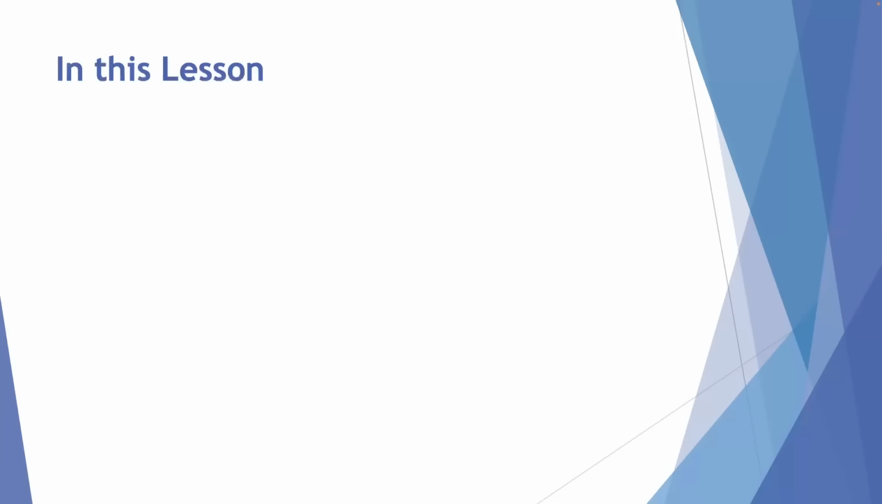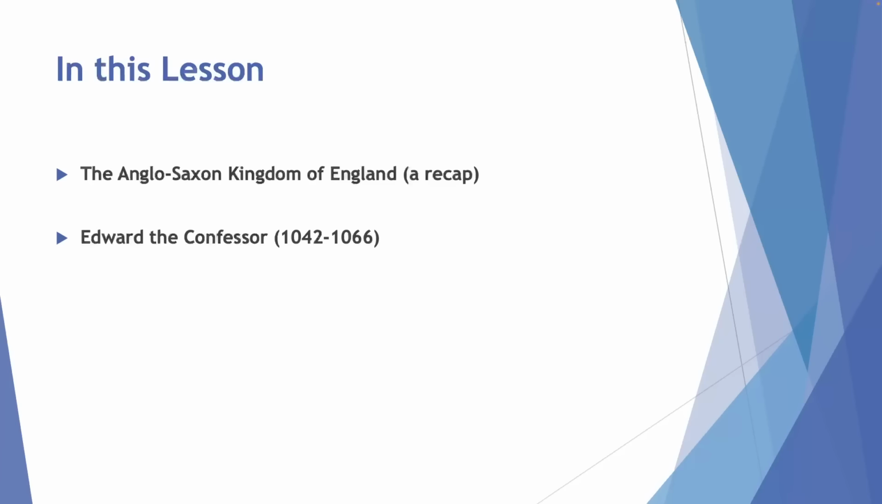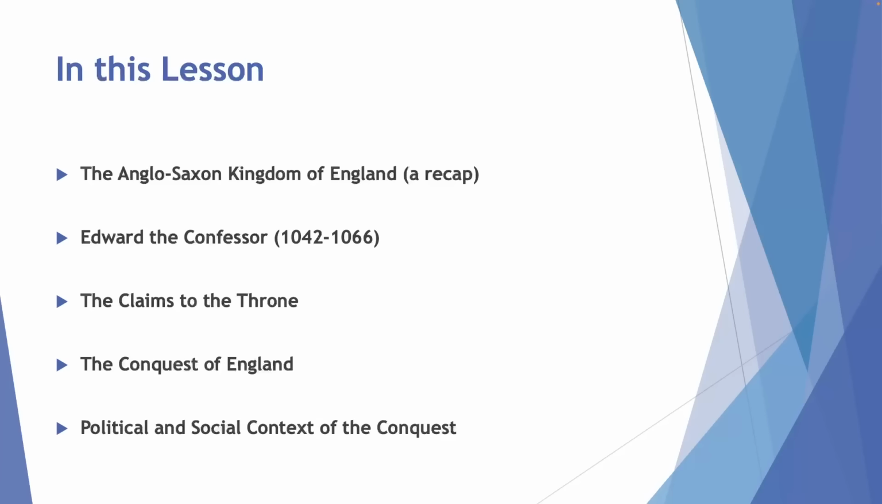This lesson specifically then will be thinking about the Anglo-Saxon period, just a basic recap of the Anglo-Saxon period and the way in which the legal system operated during that period of time. We will then think about Edward the Confessor, as well as the claims to the throne from various different other individuals, the Battle of Hastings and the conquest of England,